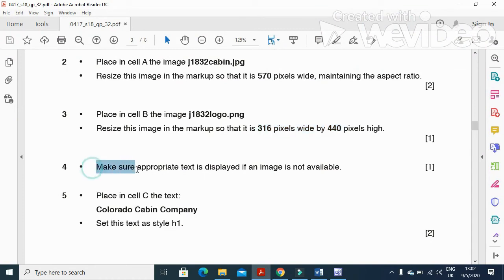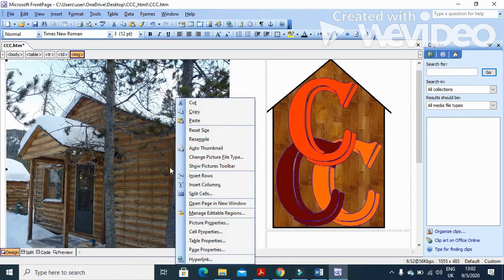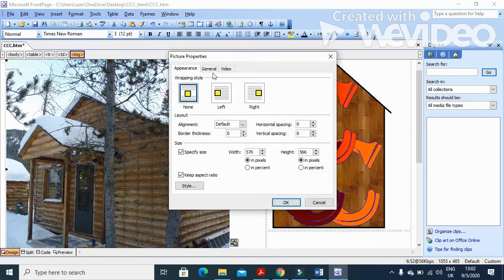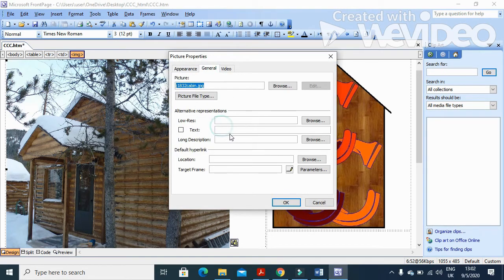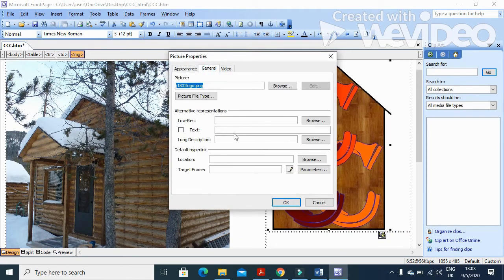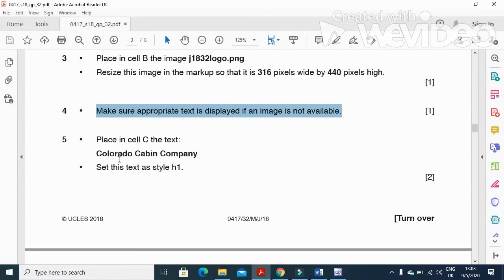Now make sure appropriate text is displayed if the image is not available. So right click, picture properties, and then click on general, and I'm going to just type here picture of cabin. Click on OK, and this one is a logo. Picture properties, general, and just type here logo. Click on OK, and next step is place in cell C the text